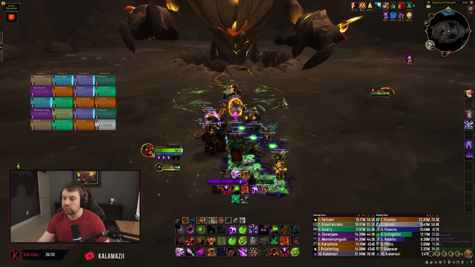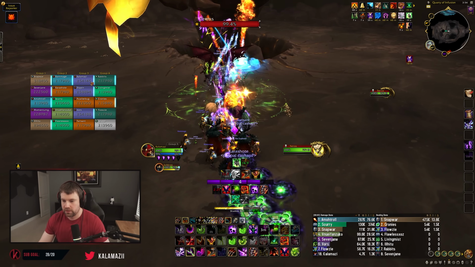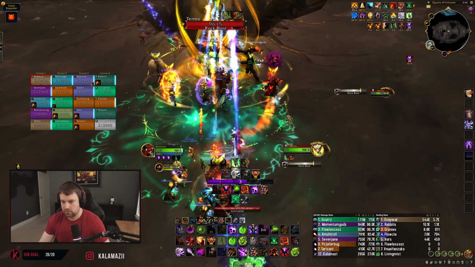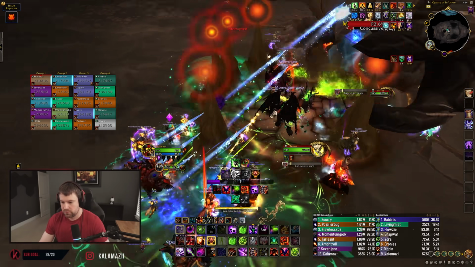Terros is going to be the second boss you encounter in Vault of the Incarnates, most likely at least. It is the only pure patchwork single target boss in the raid. So all of the single target builds for Destro, Demo, and Affliction are playable here. Now, as far as single target damage is concerned, Destro and Demo are certainly ahead of Affliction at this point,